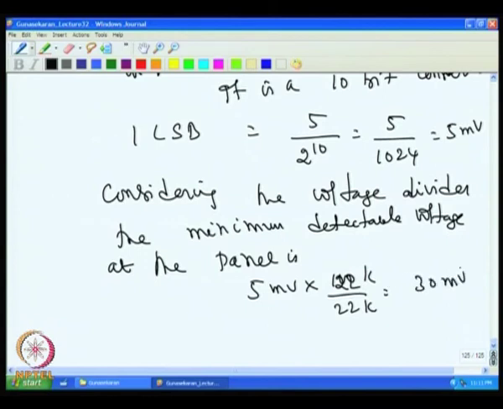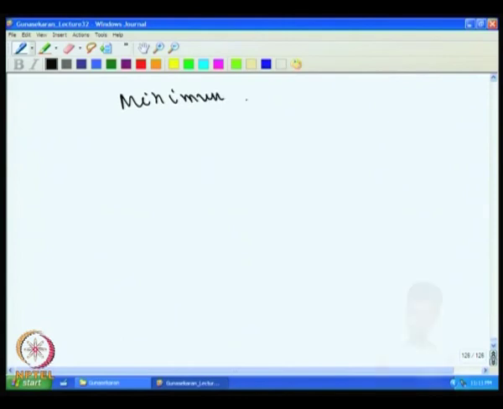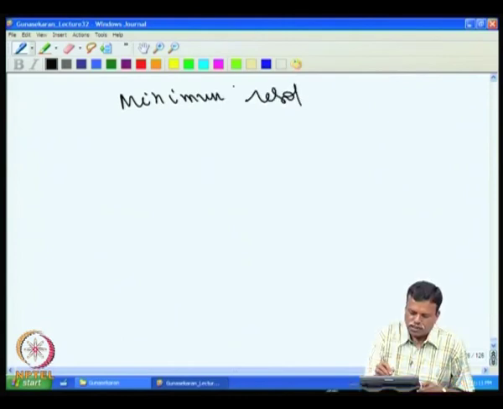So below 30 millivolt it cannot be detected. The minimum resolution of panel voltage measurement is about 30 millivolt. So minimum voltage resolution at the panel